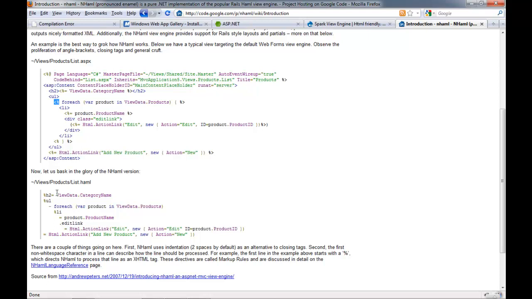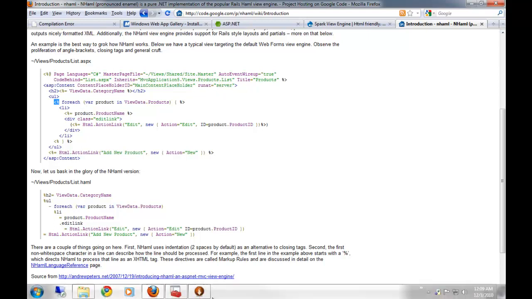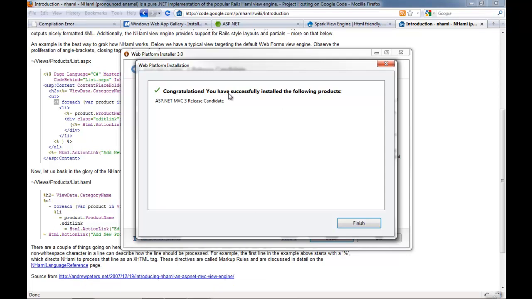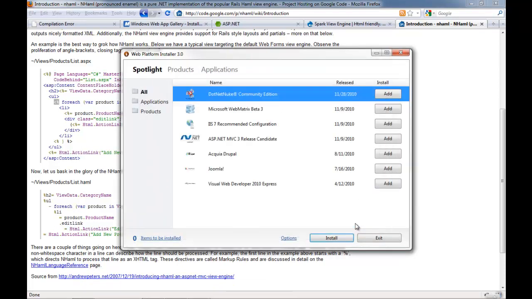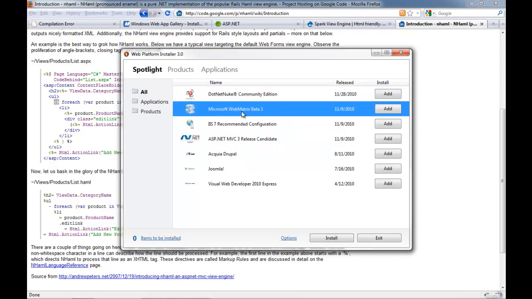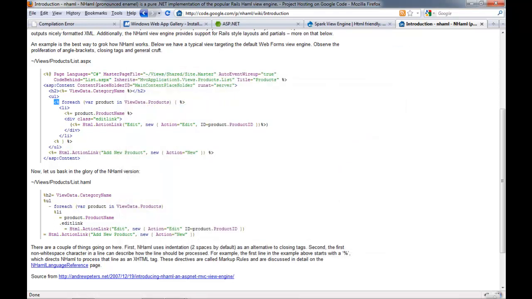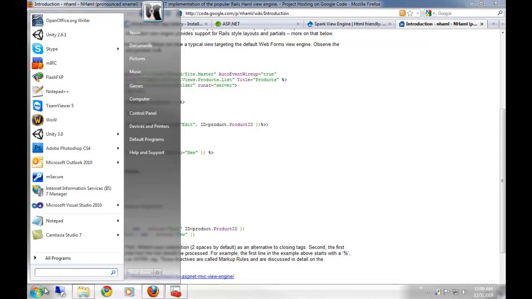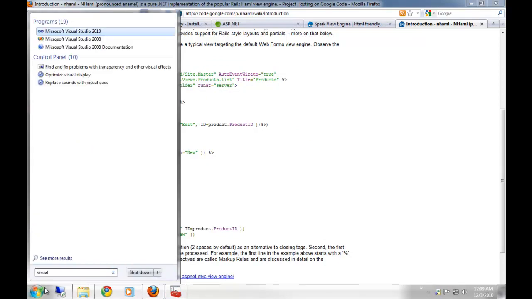ASP.NET MVC introduced a different view engine. In addition to the old code-nuggety ASPX files, we now have, as part of ASP.NET MVC and as part of what we'll be seeing soon, I can show it to you right now. Go ahead and hit finish, and you see that there's a lot of stuff. We can install applications, we can configure IIS for us, we can install the Web Matrix, which we might touch on a little bit. It's kind of a neat little thing, but we'll get out of this for now and launch Visual Studio and show you ASP.NET MVC.